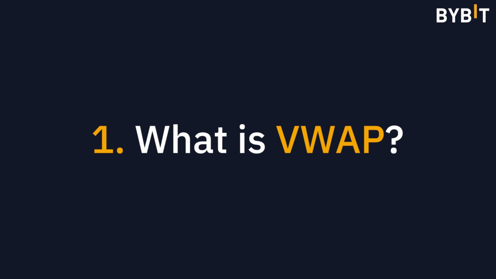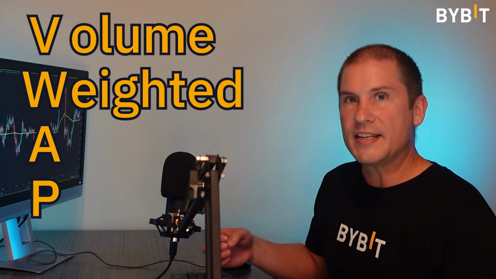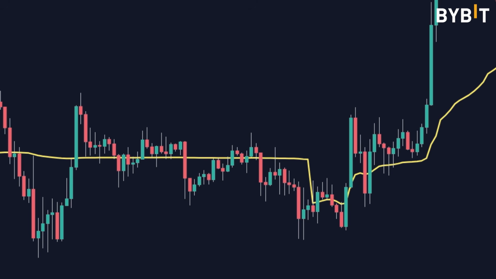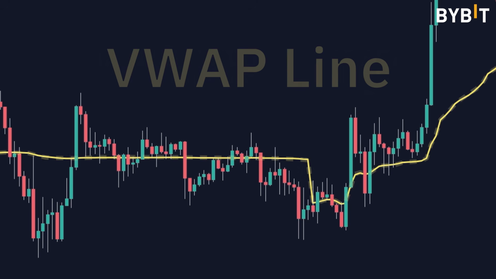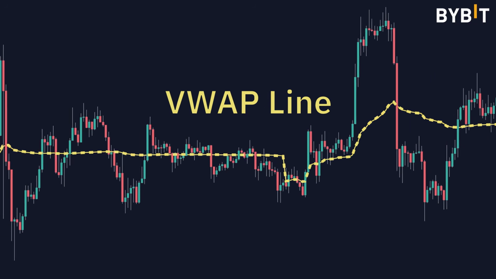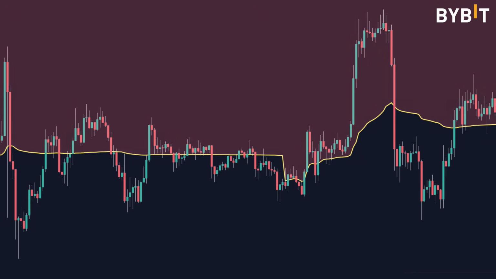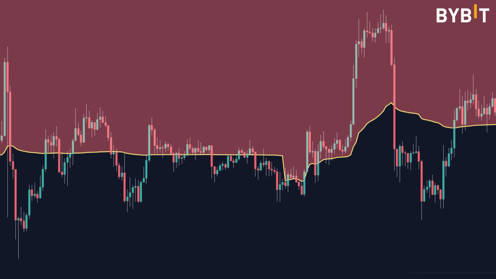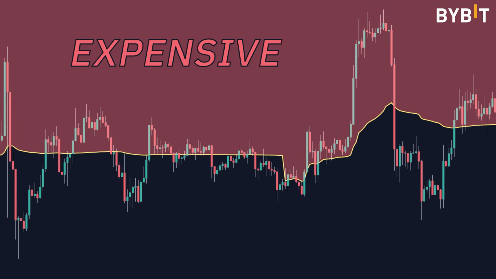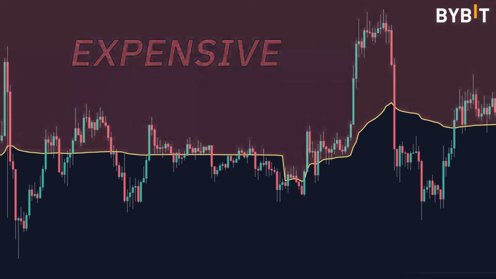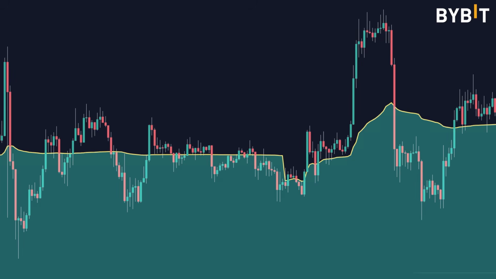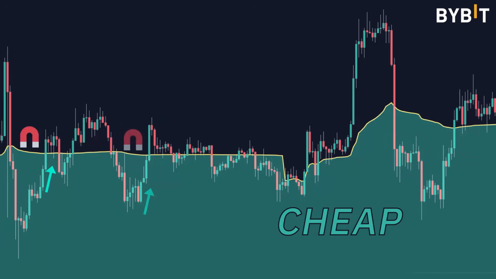VWAP is a single line that appears on the chart, and it stands for volume weighted average price. Here we take a look at a chart, and the VWAP line is the yellow line running through the middle. If the market is moving too far above the yellow line, then it is considered to be expensive and prices may retreat back towards the line. If the price is significantly below the yellow line, then it is considered to be cheap and may rally